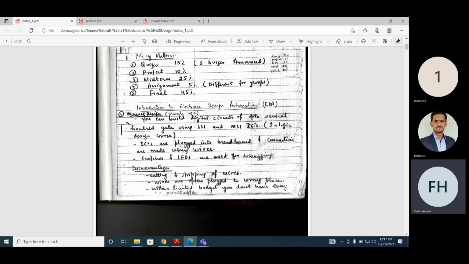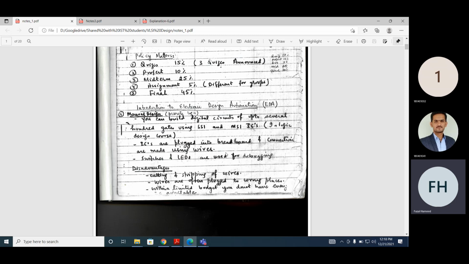But if you want to have a very complex design with millions and millions of gates, is this type of approach suitable or not suitable? It's not suitable, because you may need 100 of chips. And if you need 100 of chips, then you have to connect them together. So it will increase the complexity of the design. And now you have so many breadboards, and then you have to do the wiring connections, and it's not a feasible design process. This type of process is good for learning, and only good for very small scale design.